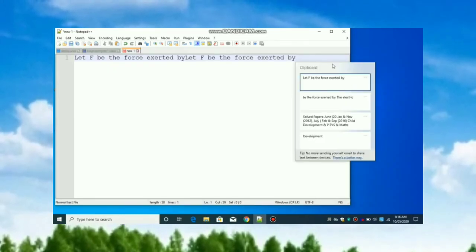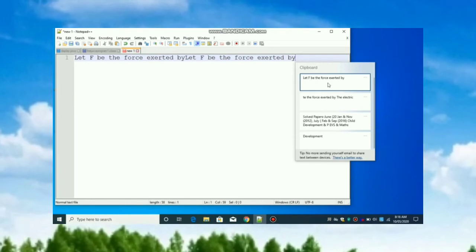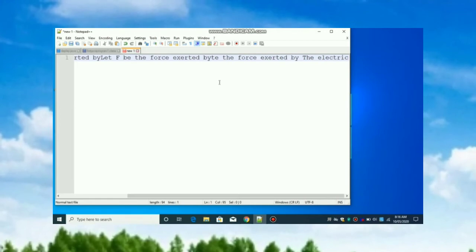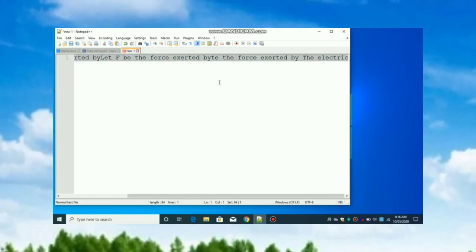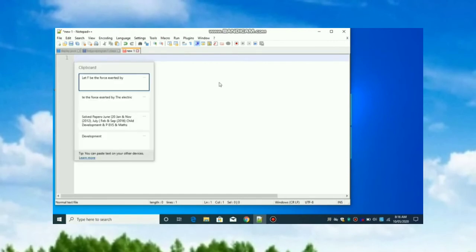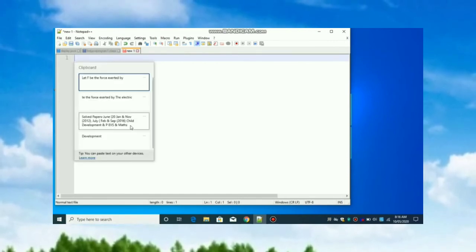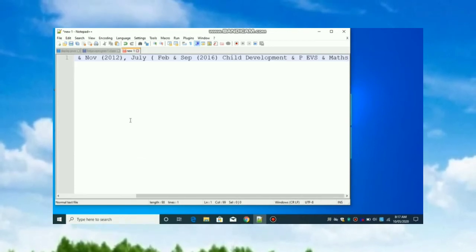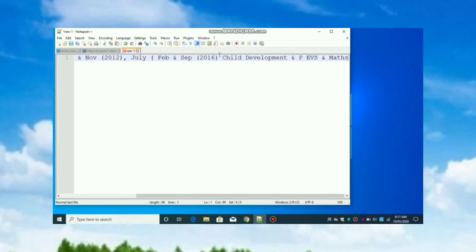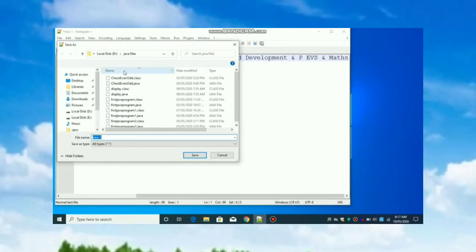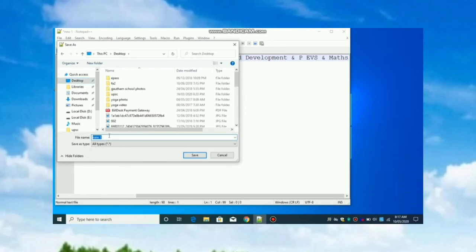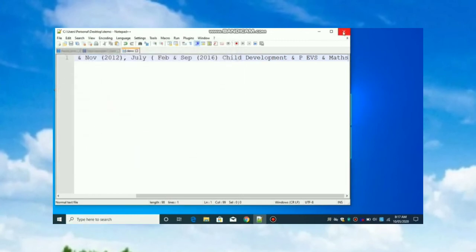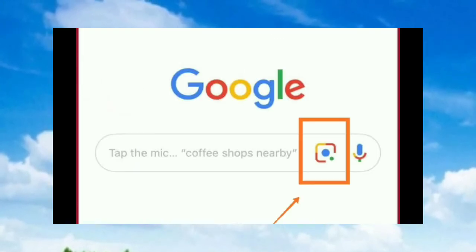So you can see here. From this clipboard, click on the text which you have copied and transferred from your mobile, and it will be automatically pasted on your notepad. Once it is pasted on your notepad, you can save your text with your file name. It has been saved in my clipboard here, and whichever text I have transferred, I clicked on it and pasted it in my notepad, and now I can save my file with any file name. In this way I can transfer any text from my mobile to my PC.